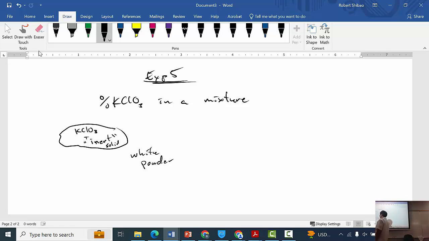And so what we want to do is just isolate the KClO3. In fact, we just want to react the KClO3. And so let's take a look at the chemical properties of KClO3 first. Thinking about the chemical properties of KClO3, is KClO3 very reactive in metathesis reactions? Metathesis reactions, we think,